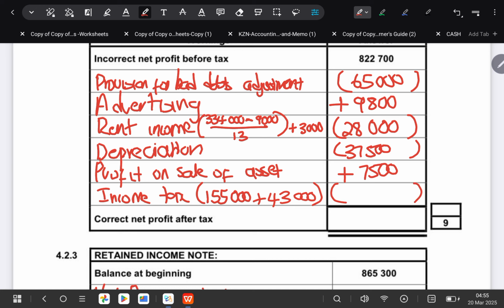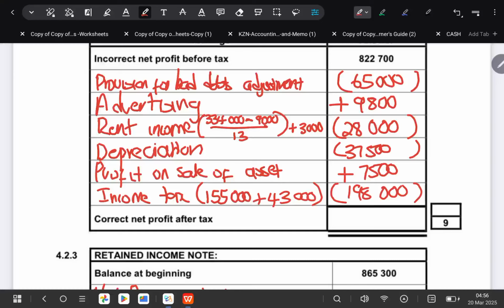Okay, so let's see. 155,000 plus 43,000, it is giving us 198,000. So you need to make sure that you get your correct net profit after tax. So whatever that is in brackets, we're going to minus. Whatever that is positive, we're going to add. So we're going to say